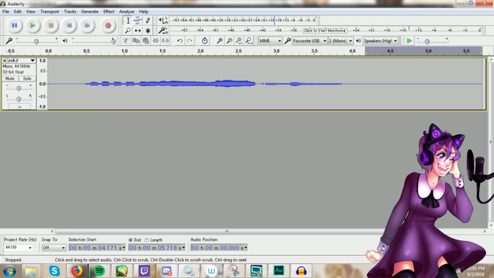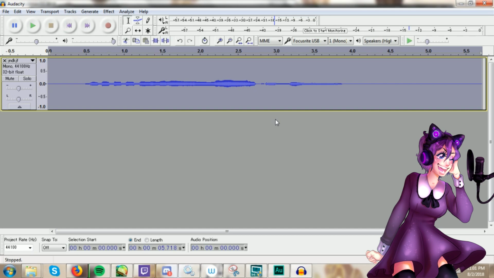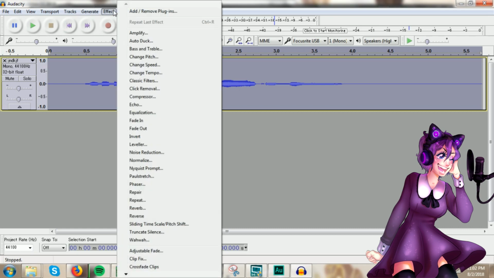So, for a moment, I'm going to get out of the spectrogram. General key shortcuts to do anything: Control A, select all, it highlights everything. Control Z, undo. Control X, cut. Control C, copy. Control V, paste. Replace those with Command if you're on Mac, I think. I don't know Mac. But Control A highlights everything, and then you can go into effects here in Audacity, and